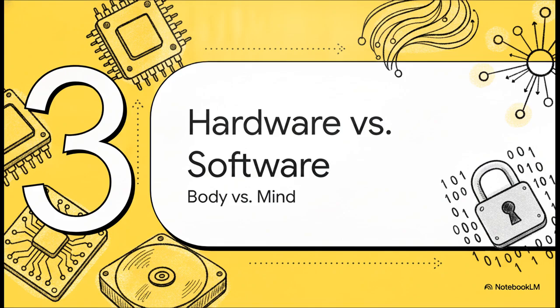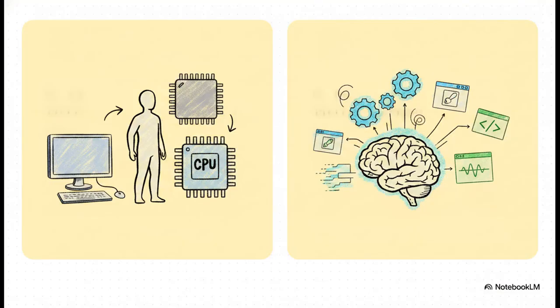Which brings us to Section 3, Hardware versus Software. We really need to clarify the difference between the tangible and the intangible parts of this whole ecosystem. Really, it boils down to one simple separation: hardware versus software. Hardware consists of the physical parts you can actually touch with your hands, so the monitor, the keyboard, the physical CPU chip itself. Software, on the other hand, consists of the intangible programs, things like Windows, Linux, or a digital